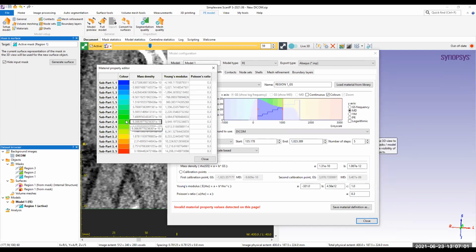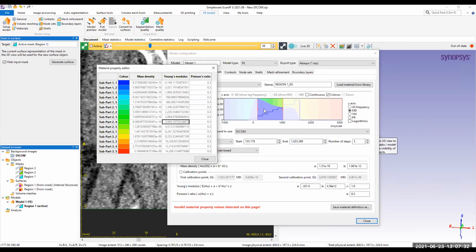So for every subpart and every part of that subpart itself, I can define a different material property, for different grayscale regions. So this will give different properties to different types of grayscale intensity. If you are going to do the simulation in which this also has to be taken into consideration, then we will have to do something like this.